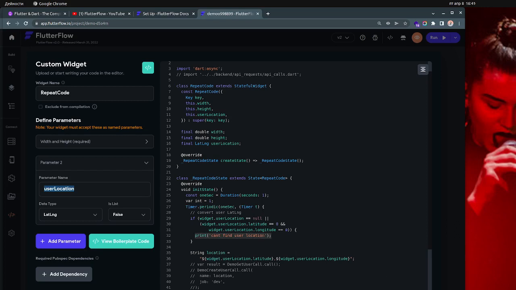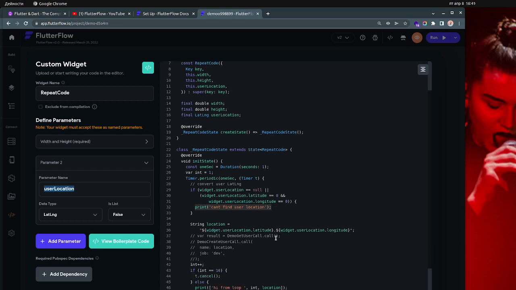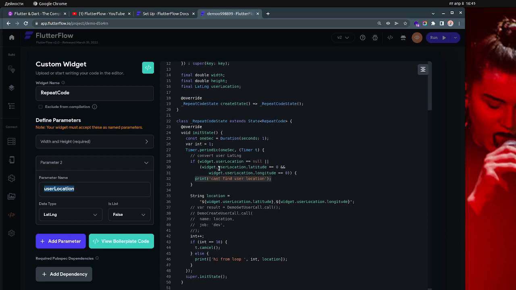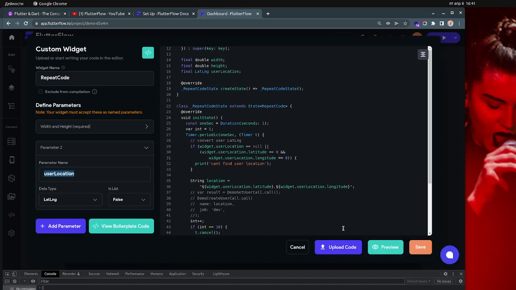And I'll just show you later what I mean, but you can do anything. And then finally, I'm just converting this to a string. So it's just the latitude, comma, and then the longitude, and I'm converting this to a string. And when you're done, I can actually start my